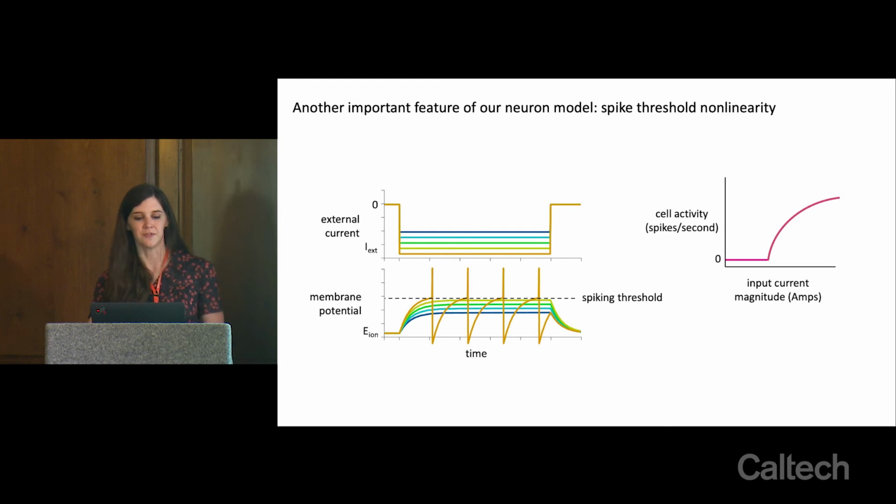You can simulate this in different ways, but in general, it introduces a strong nonlinearity in how neurons respond to their inputs. So if you plot the cell activity in spikes per second as a function of the input current, you get what's called an FI curve. This is telling you how the cell is going to respond to different kinds of inputs. Most of the time, you'll see a threshold followed by either a linear function or a step function or some asymptotic approach to a maximum firing rate.